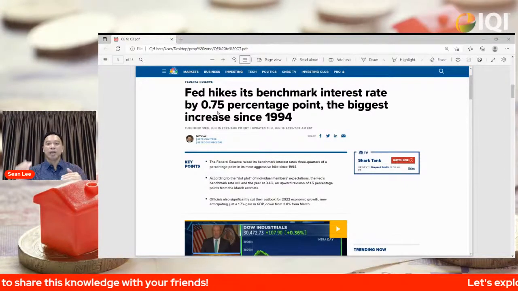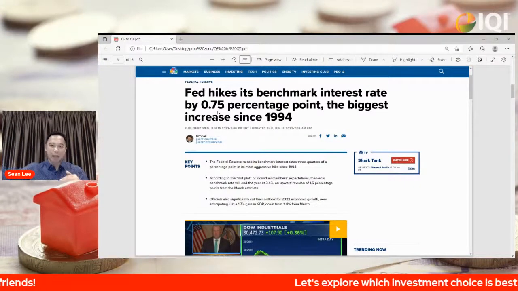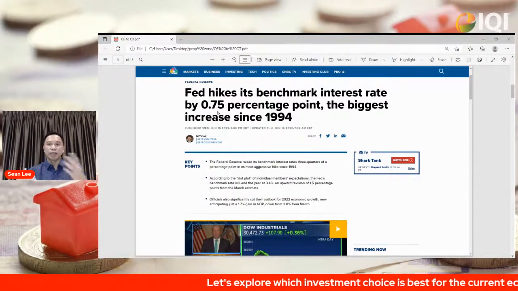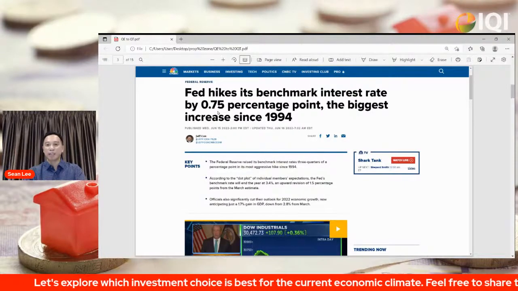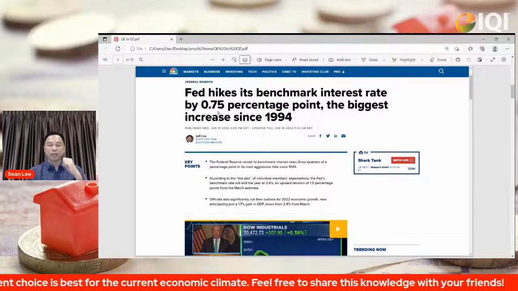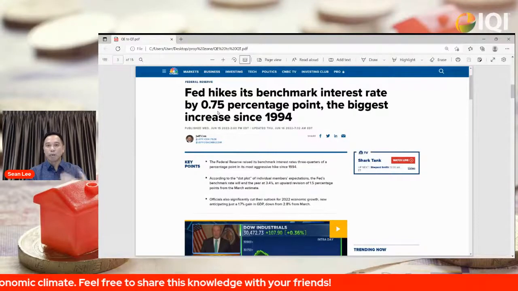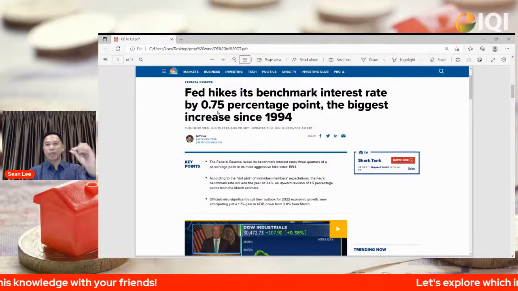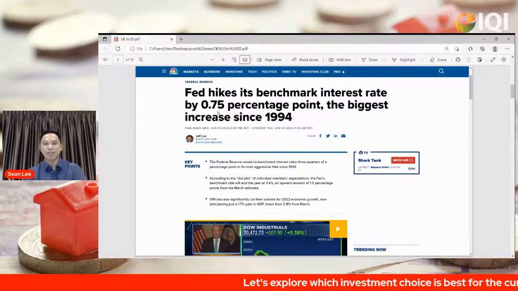All right, they have to look at what the inflation rate, because the inflation rate is the past. They have to look at the impact of hiking the rate to see whether they will meet the equilibrium in the near future. So understand that the impact of the interest rate hike is not immediate. They need some time to digest, to monitor how it will compare to the inflation, to gauge the real interest rate, which is the interest rate minus the inflation rate.